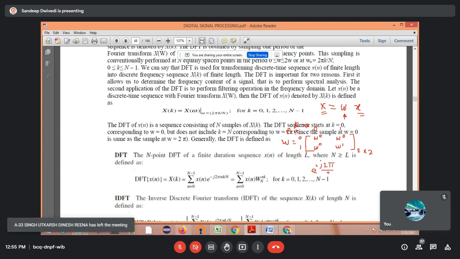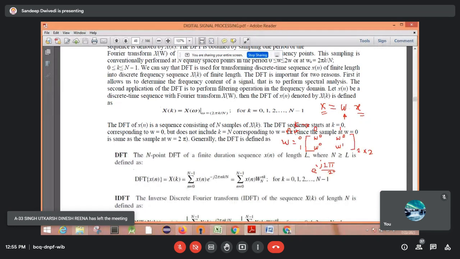This is a 2-point DFT, so capital N, the value of capital N, will be 2, and W is raised to the power Kn. So to calculate the first element, you have to write this as 0. So e raised to the power minus this, the entire thing, will be 0, and e raised to the power 0 means 1. So this element will be 1.